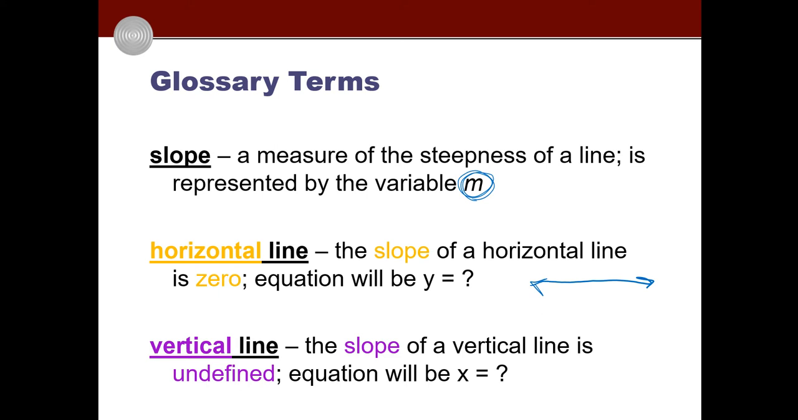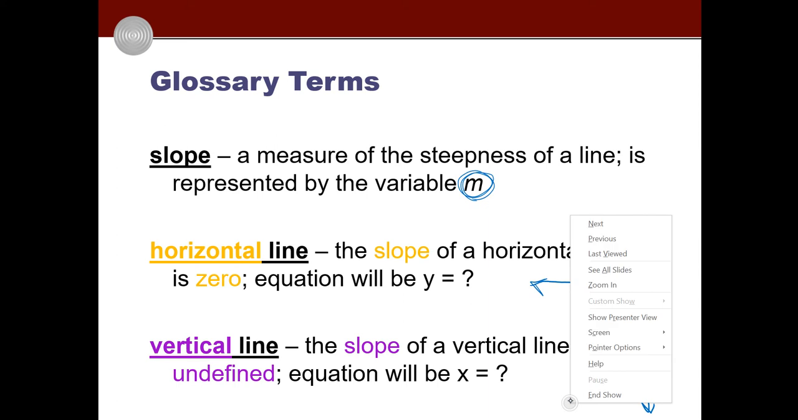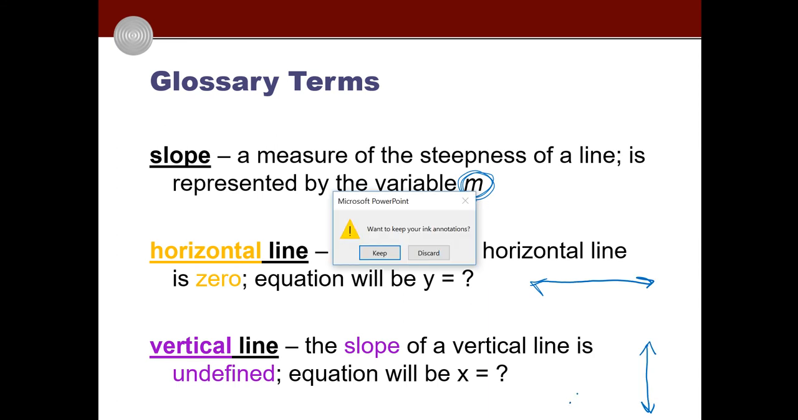On the other end of it, a vertical line has a slope that is undefined. What we mean by that, vertical is straight up and down. If this were a ski slope, okay, and you went in your little,